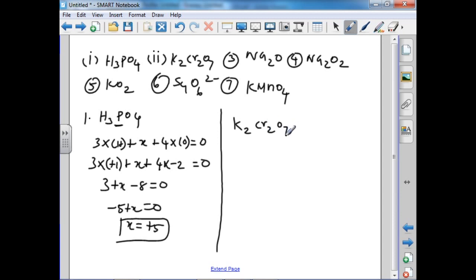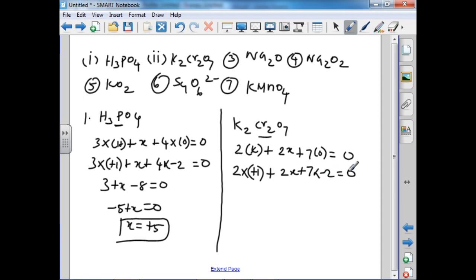K2Cr2O7. So this is a neutral molecule. So 2 atoms of potassium. Next we are going to calculate the oxidation number of chromium. So that is the 2 atoms of potassium plus chromium as X, that is 2 atoms of chromium, so 2X, plus 7 atoms of oxygen. That is a neutral molecule, so it is equal to 0. Oxidation number of potassium is plus 1 because this is an alkali metal,